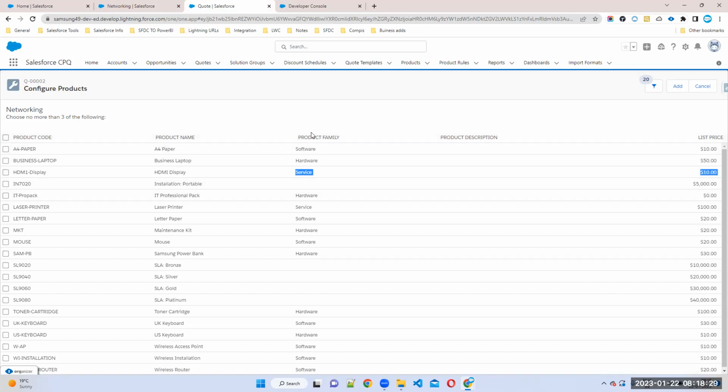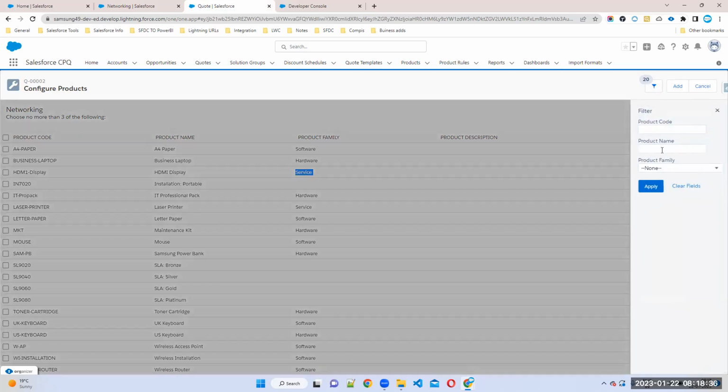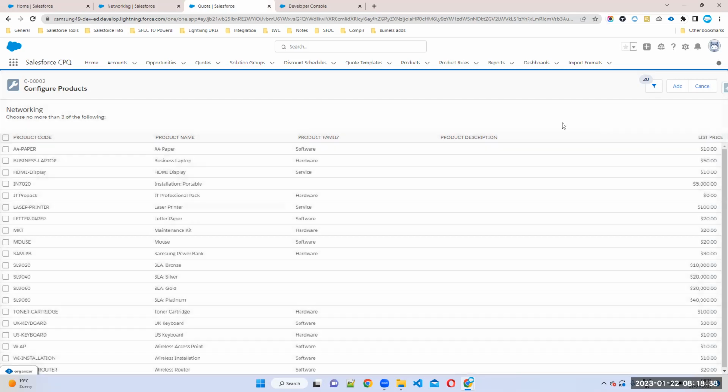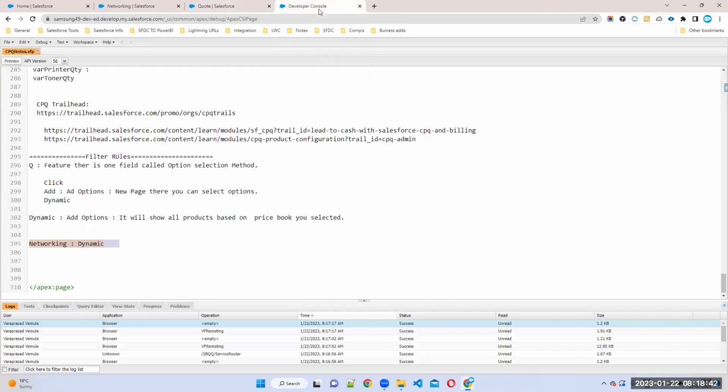Understand, madam? So what are we doing? Filtering. We have to use filters. That is called a filter. Instead of setting filters manually here, what we can do is use filter rules. Whenever the feature method is dynamic and you want to filter those dynamic feature option products,